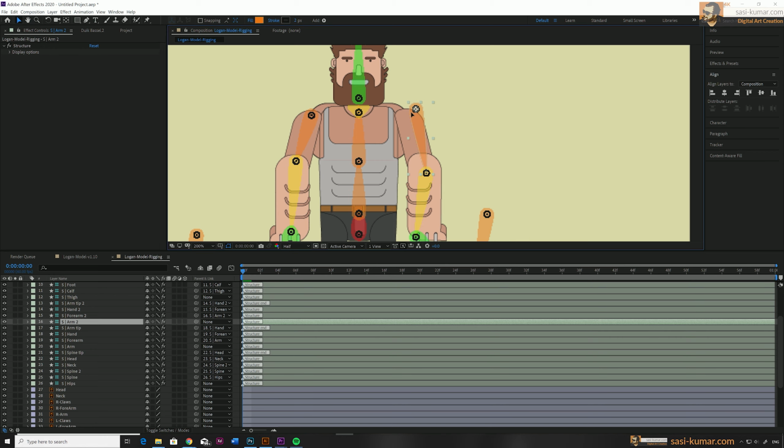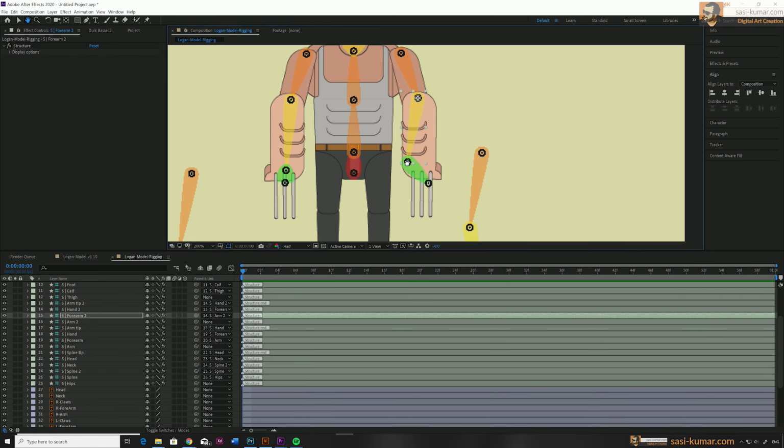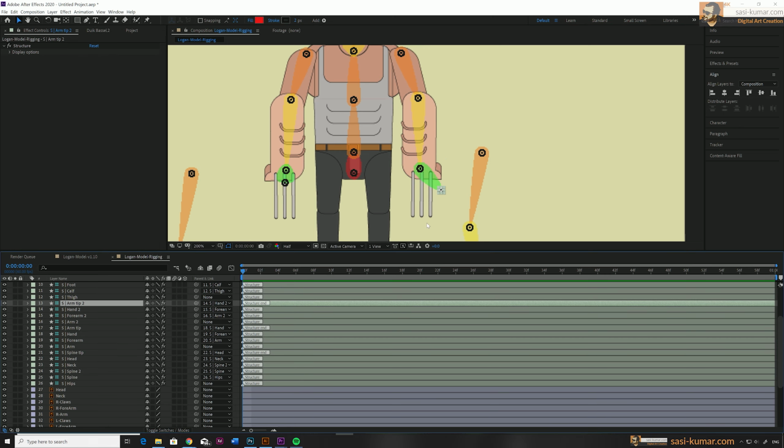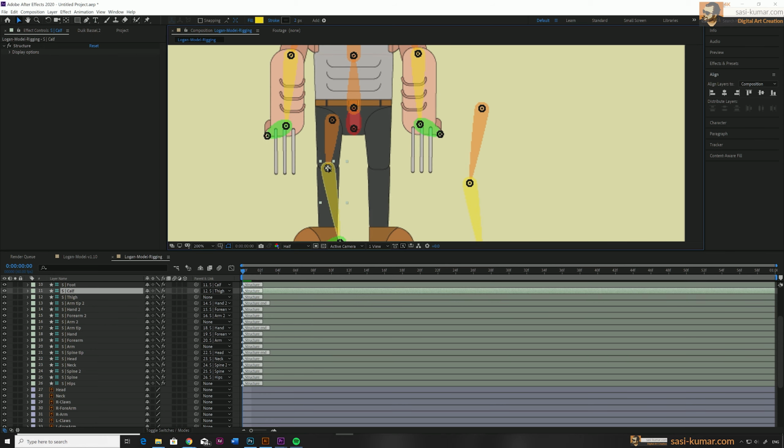Okay, so same for the other end also. After this, I will make this part faster. We are going to do the same thing. First, we will place all these objects in the correct place. Then we can bind them together. Alright, arm tip. Maybe I will bring the arm tip to the corner like this in here. For the other hand also, same. I will bring it in here. Alright, so I will make the other legs. So I will make this part faster.